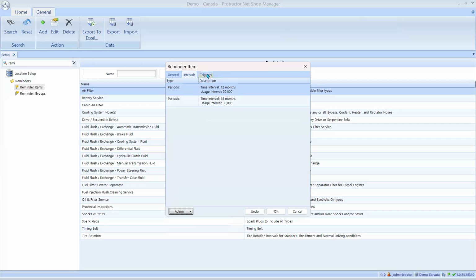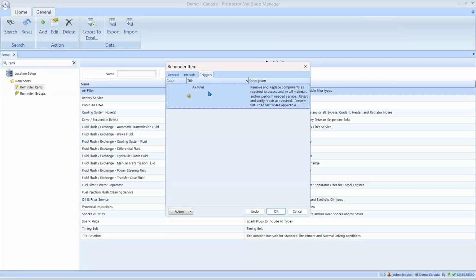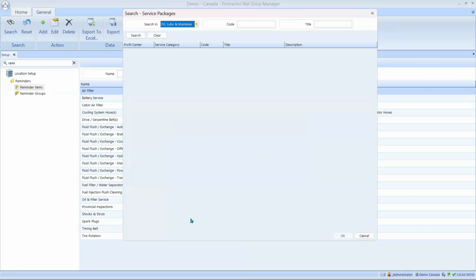The third tab you're going to see here is triggers. This is the important one. So what is a trigger? It's the service package or inspection that's going to tell the system that the service was performed. So how do I add a trigger? Well, I just go to action, and I can look for a service package or an inspection. So when I hit add service package, I'm going to go search my service packages for an